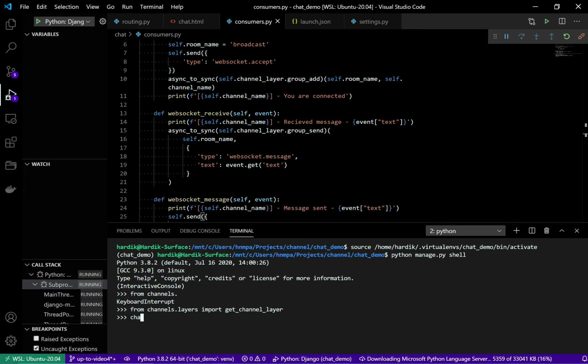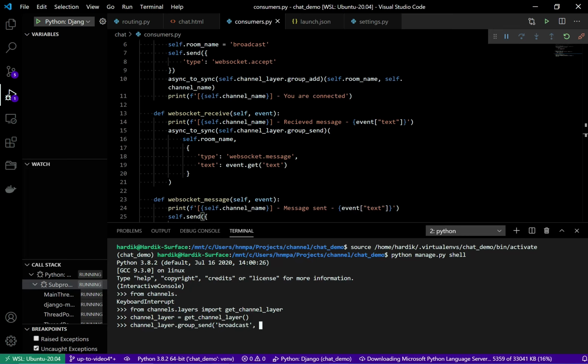Then you need to get the channel layer first, like this: get_channel_layer. Now you will have the context of sending the message using this channel layer. So what you need to do here is the same: channel_layer.group_send, and you need to provide the group name, that is broadcast in our case.